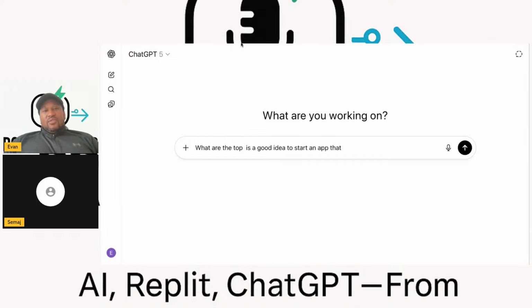See, here's another way I use prompts. You automatically go to five. I automatically go to 50. I really put this ChatGPT brain to work. I don't really even deal with anything less than 50. 50 to 100 is where I start. So you're right: what are the top 50 good app ideas to start?